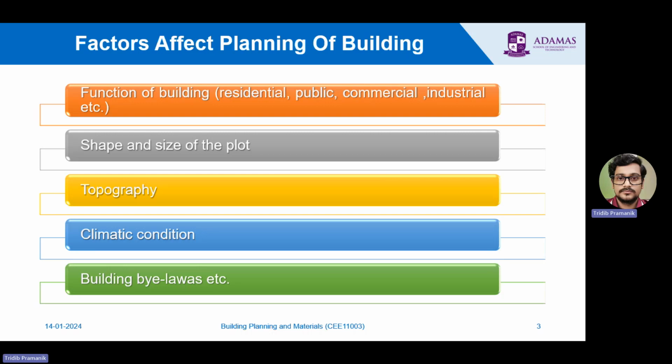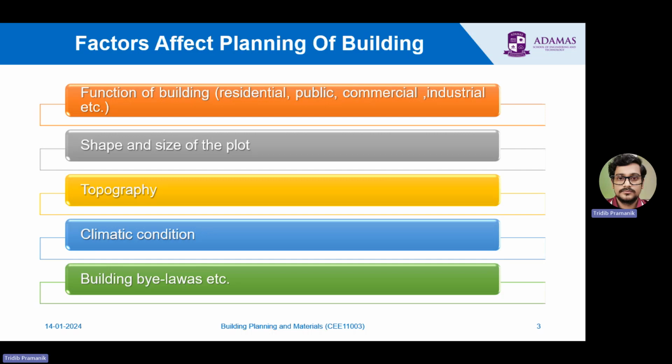Then there is topography. Obviously, we mentioned in lecture number 1 also how topography affects us in selecting the site of any building, and also how topography will lead us in doing different planning of the building. Because depending on the topography, the weather condition or the climate condition will be different, the loading pattern will be different, and accordingly we will select different roof types, different materials, and the building plan will be different. Then climatic conditions, same as the topography,